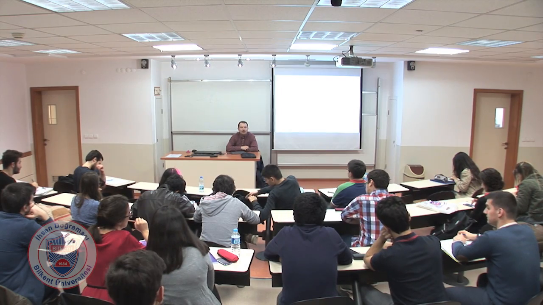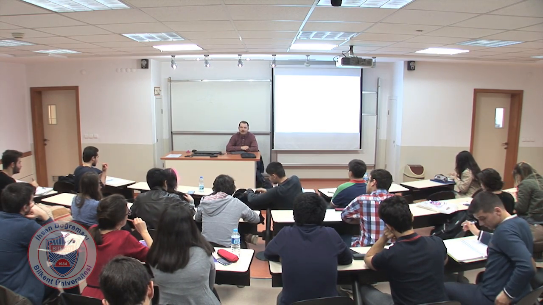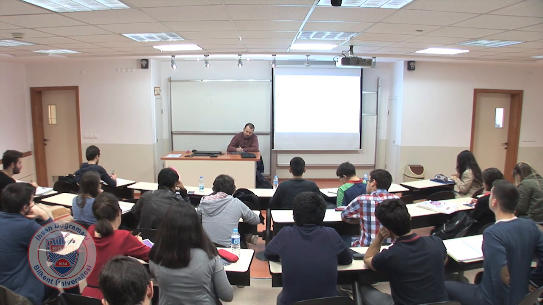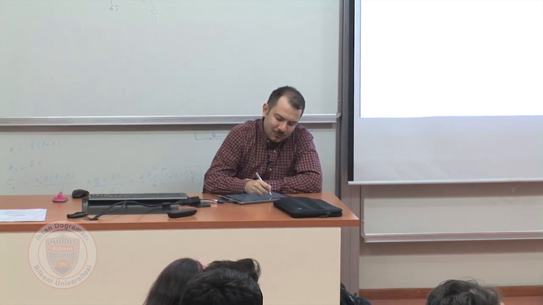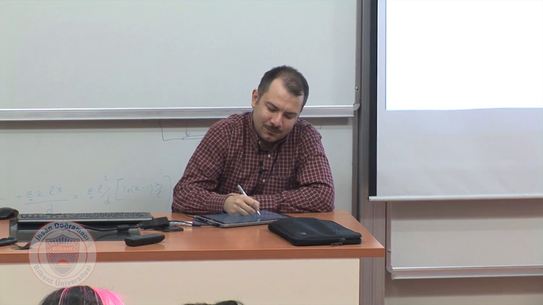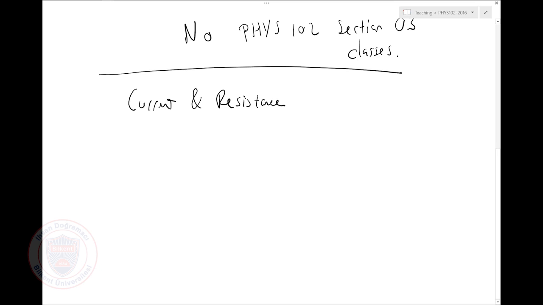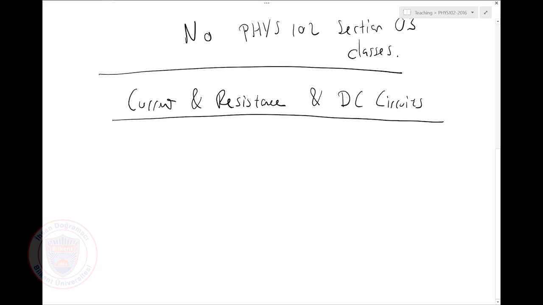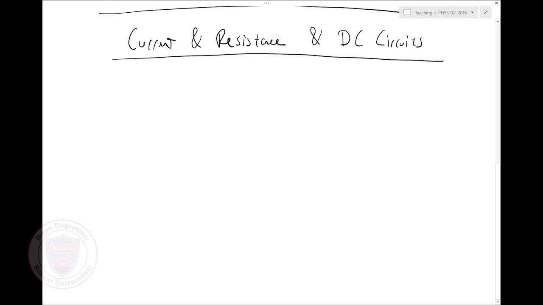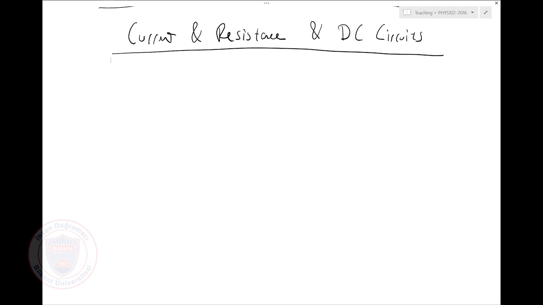Now, in your book there are two different chapters. The first one is, I think, called Current and Resistance, and the next one is called DC Circuits. But we are going to do all of them together because I really don't know why they are two separate chapters. Okay? But let's talk about